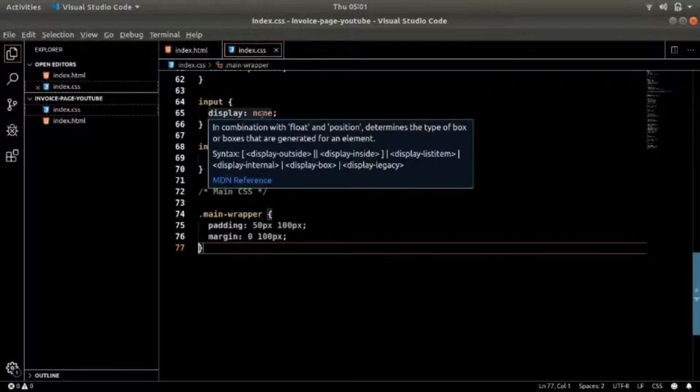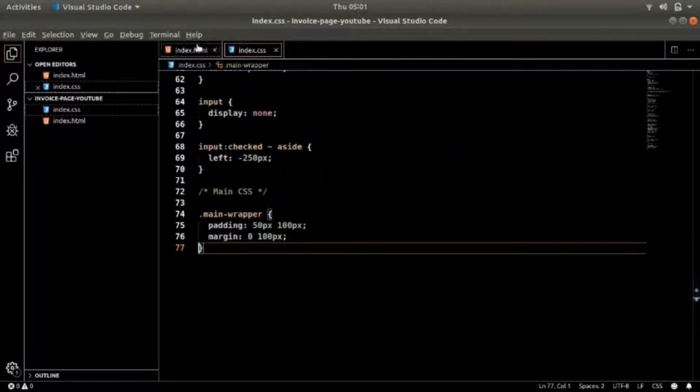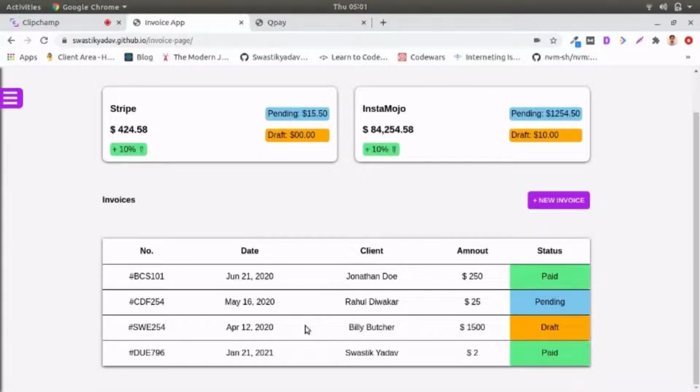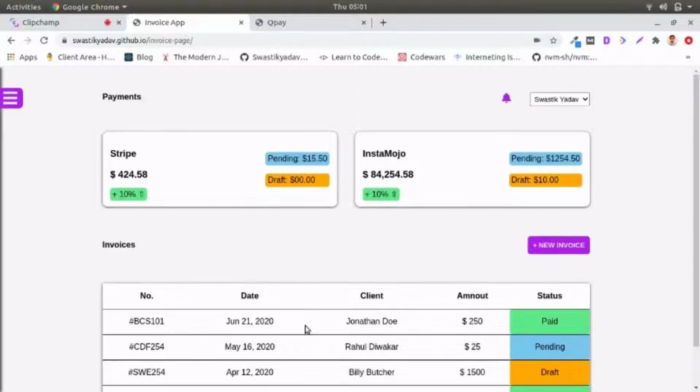The next thing that we have to do is let's build this. I will also divide the page into a few sections. The first thing is this header over here, the second is these two cards, the third is this section which is very similar to the header, and then the next is this table, a pretty simple table.